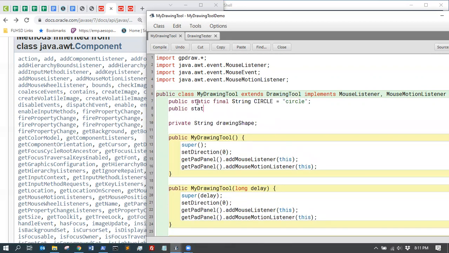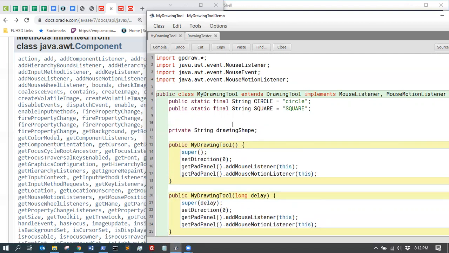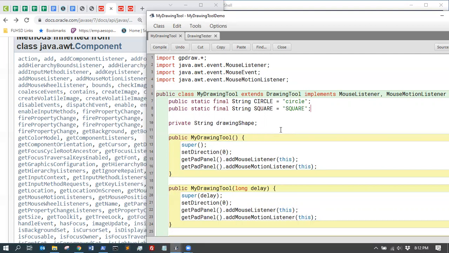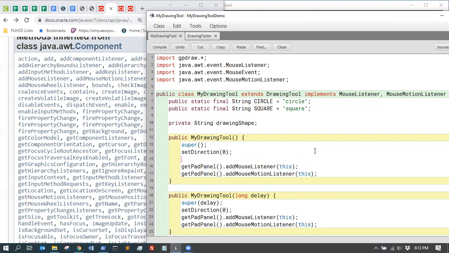Okay, and then public static final String SQUARE is a string that says square. Okay, and then I think that's good enough for now. Technically, you could have a shape that's way more complex, made up of a whole drawing, right? And using this system, you could come up with whatever constants you wanted up here to represent which kinds of shapes can be drawn. Okay, so by default, the default drawing shape is going to be a circle. So then we would say drawing shape